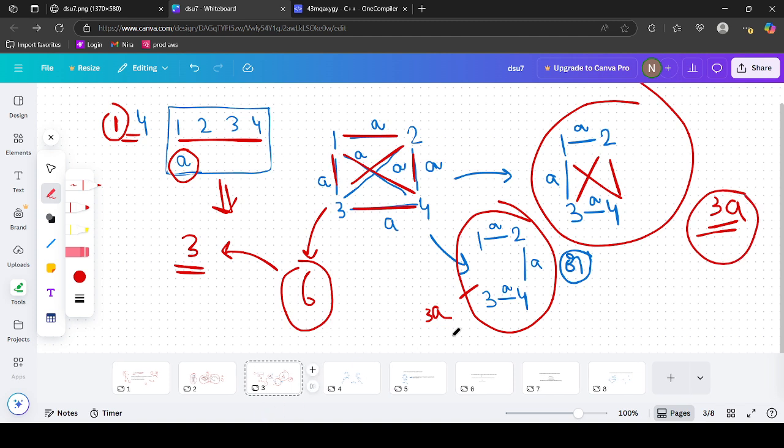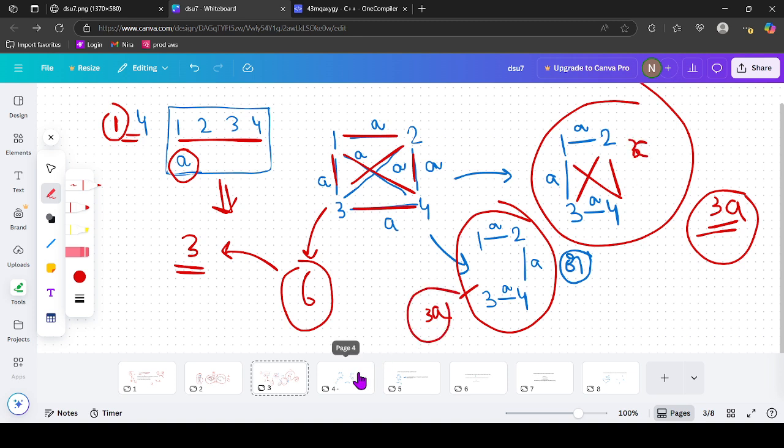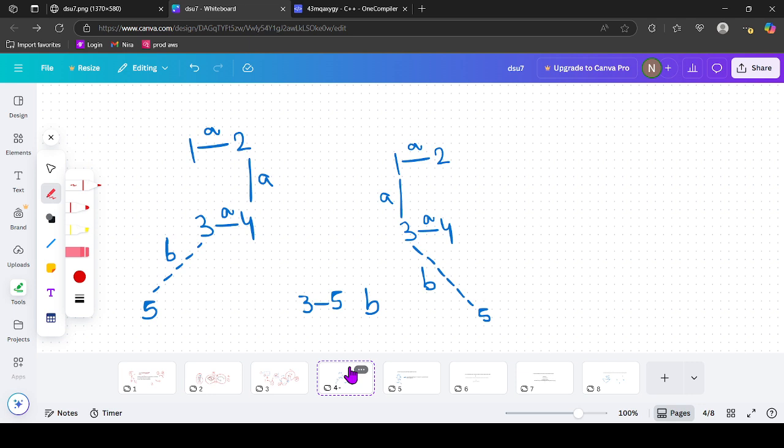Okay, so we found that for a single operation, the final configuration is independent, but the answer is fixed for everything, because the answer for this is also 3a, and the answer for this is also 3a. So from this we got that it is independent of the final configuration, and only the answer is required. But now let's say we have a next operation. In the next operation we have only one operation, 3 5, and we should add an edge of weight